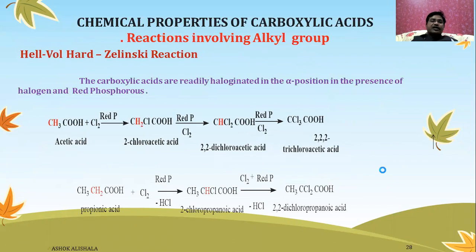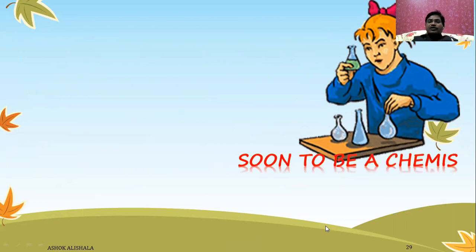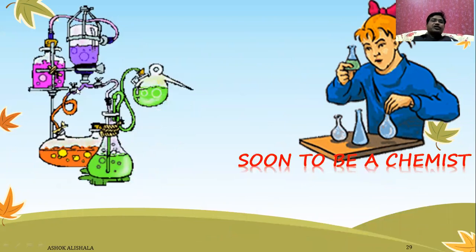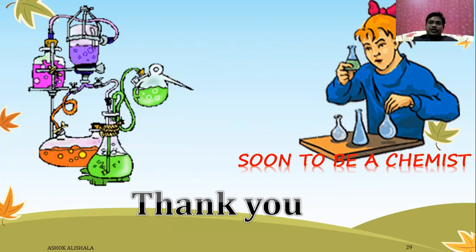With this, I can conclude my topic, and you can soon be a chemist, and you can do these experiments after doing this. Thank you. With this session, I conclude the general properties of carboxylic acids, and we will meet in another session on carboxylic acid derivatives, the 4th session, where we'll discuss acid anhydrides, acid chlorides, esters, and amides. We'll discuss this in session 4. Okay, thank you, one and all.